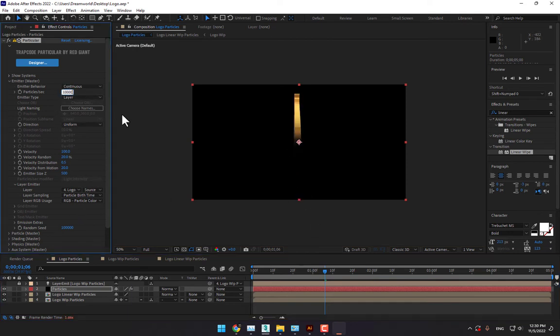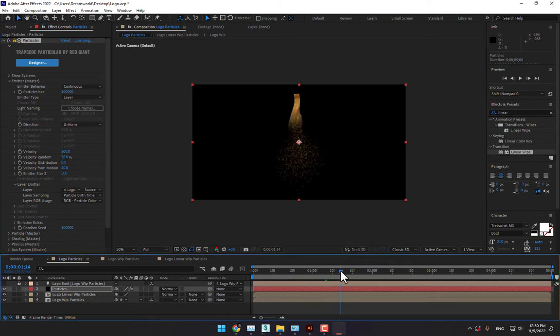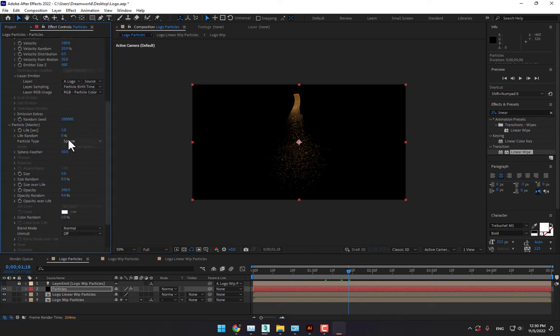Set the particles 10,000, one more, 100,000, and go to particles, change the feather 0 and make the size random 100 and change the original size to 2.5